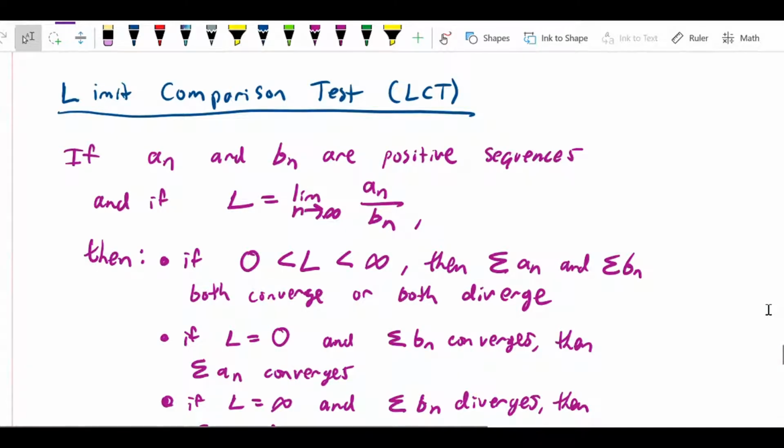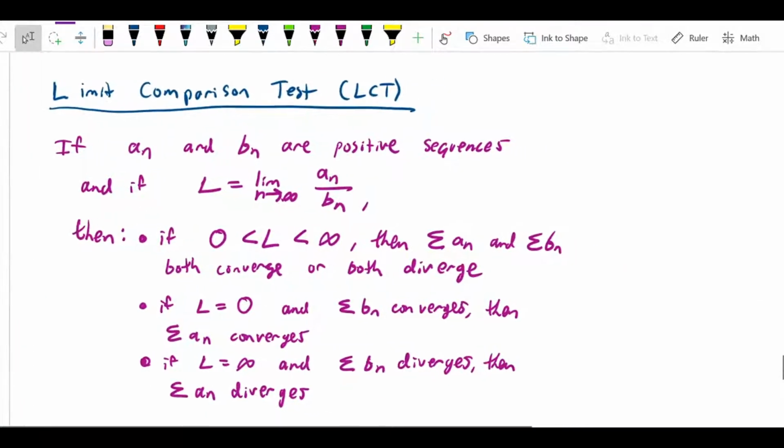So our next test is the limit comparison test, often abbreviated LCT. I've written up what the full test is here. Let's suppose that a_n and b_n are positive sequences. If they are, then what we can do is calculate the limit as n approaches infinity of their ratio, a_n over b_n. And we can get a conclusion that if L is a positive number but not infinity,